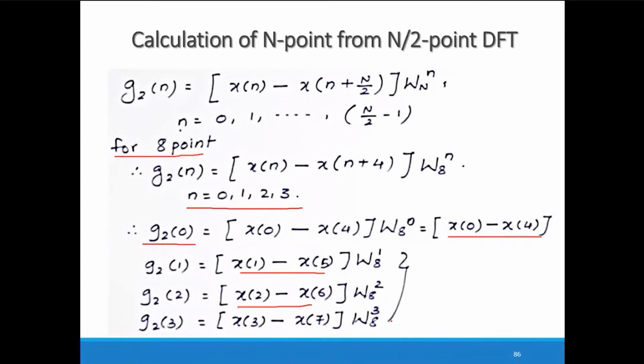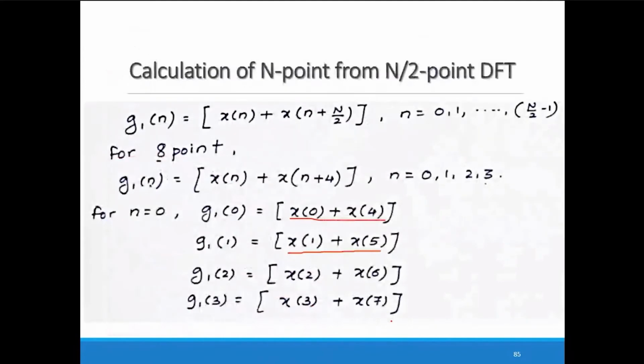Okay, I request all of you to just note down these two slides. First write down the simplification for G1n, and then note down the simplification for G2n. Then we go for the diagram. Please note down these two slides. As you finish, let me know. We will move on to the diagram.